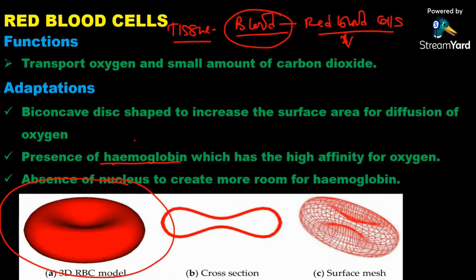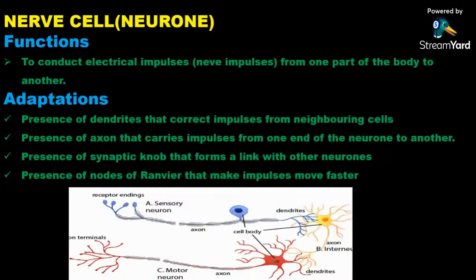Okay, let us look at the other one, which is nerve cells, otherwise known as neurons. What about nerve cells? What are the functions? If you've ever wondered how, when you touch something, you're able to feel it, okay? When you touch, let's say, a hot object, you're able to withdraw involuntarily without being aware, you just withdraw. In this case, we are talking of the nerves being the ones that detect the stimuli.